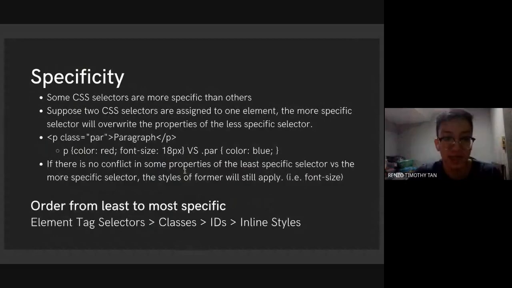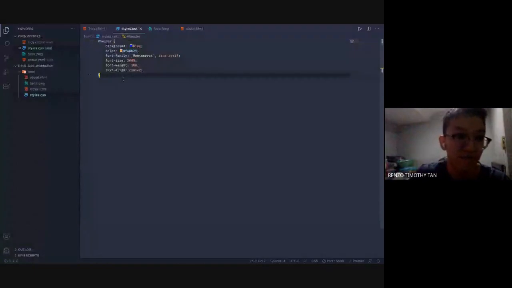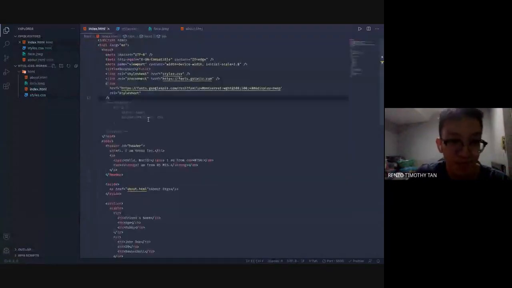Specificity. This kind of states only that when you use CSS styles, there's an order to it. So if I do an element tag versus a class tag, classes are more specific, so the classes will overwrite the element tags. And the IDs will overwrite the classes, and the inline styles will overwrite the IDs. So for example, I want to have, let's say this,